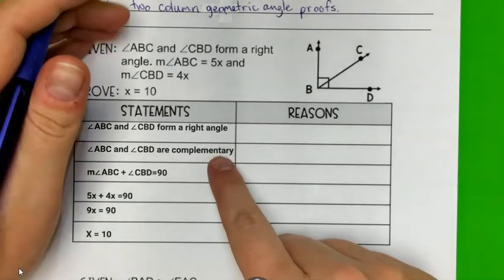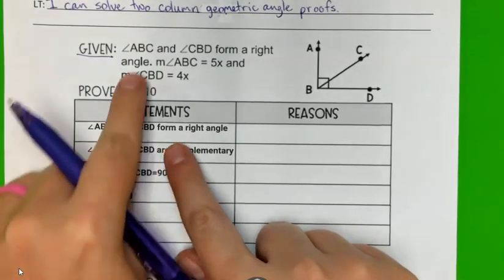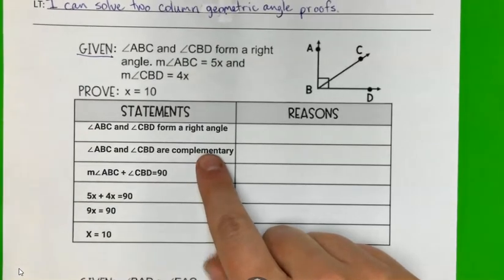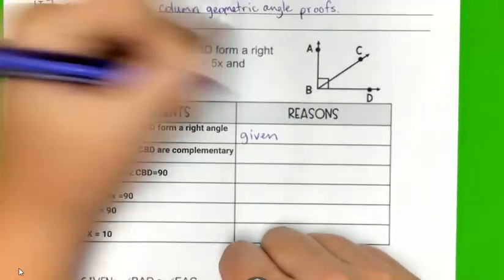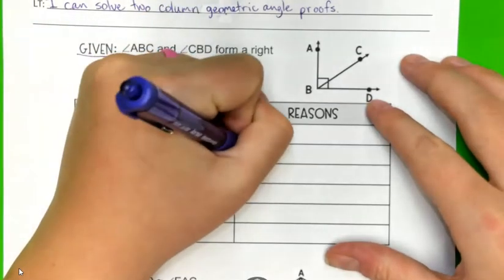This first one right here, so remember we have what is given, and ABC and CBD form a right angle, that is something that is given. So since we know that that is given, we just write that given in the reasons. Then it talks here about how ABC and CBD are complementary. I'm just going to give you this reason. This isn't actually something that you will see again. We did not put it on your proof's reasons code, so I don't want you to worry about it, but it is just the Complement